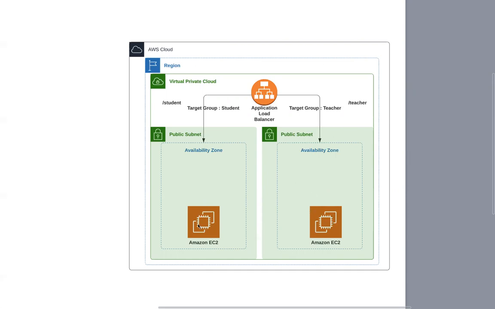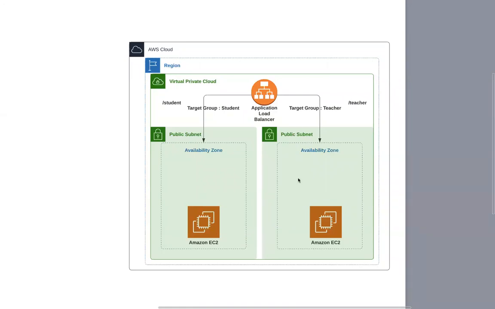And we are registering both of these into 2 different target groups. One target group called teacher, which is based on the /teacher endpoint. Another target group called student with the /student endpoint. But today, instead of doing 2 different target groups and making your architecture complex, we are going to have only one target group, called the default target group, where both of these EC2 instances will be associated. The target group will be associated with the load balancer. So if someone goes to the DNS endpoint of the load balancer, your request is automatically going to be redirected to that target group where both the EC2 instances are associated.